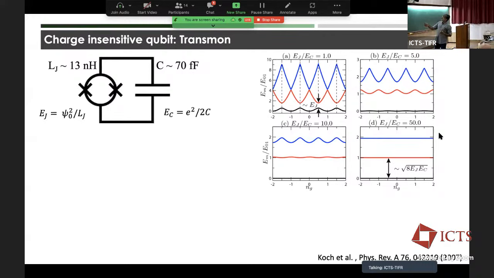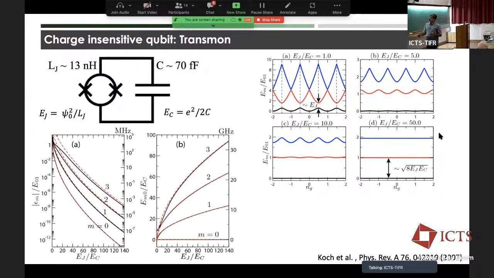And they show how the spectrum evolves for different values of the ratio of EJ over EC, going from highly varying in charge to completely insensitive to charge. And this plot actually shows you how the charge dispersion, which is defined as the difference in frequency between 0 charge and 1 electron charge, because that's the maximum variation you can get, is plotted as a function of EJ over EC, and this is